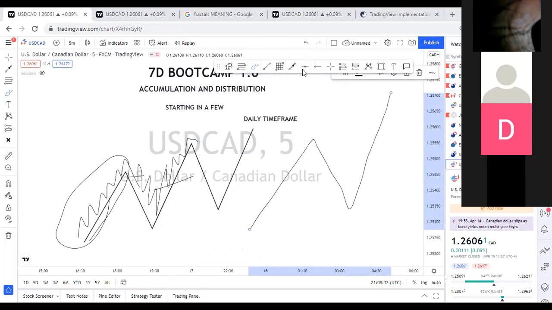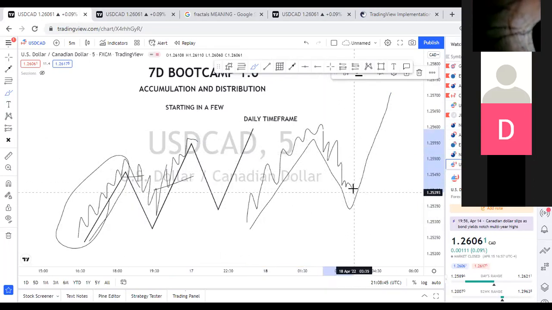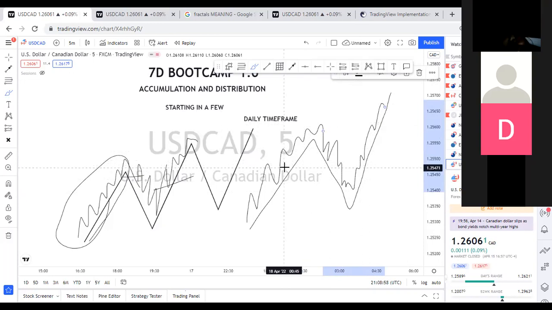All right, beautiful. I like that. So in this, you will have higher high, higher low, higher high, higher low. You just keep having it like that. Break of structure, lower high, lower low, lower high, lower low, lower high, break of structure, higher high, higher low, and then it just keeps going back and forth like that.